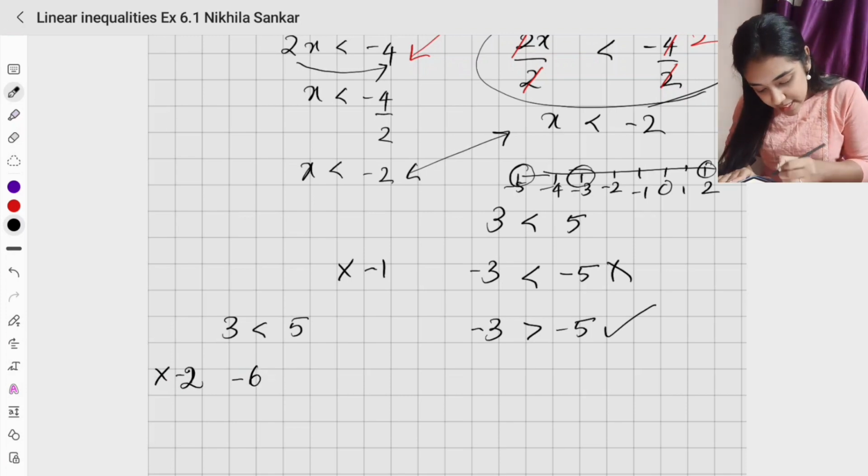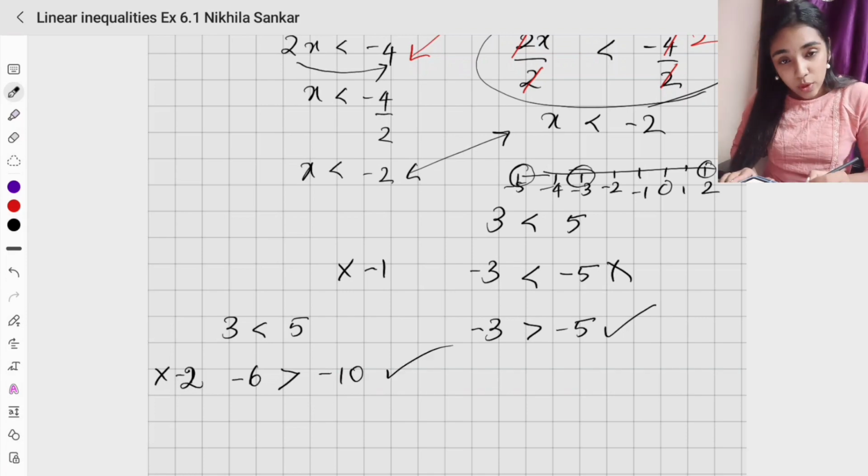So what will I have? Minus 6. I'm going to reverse the inequality. On this side, multiplying, I'll have minus 10. So this statement is true. What happens when I divide by